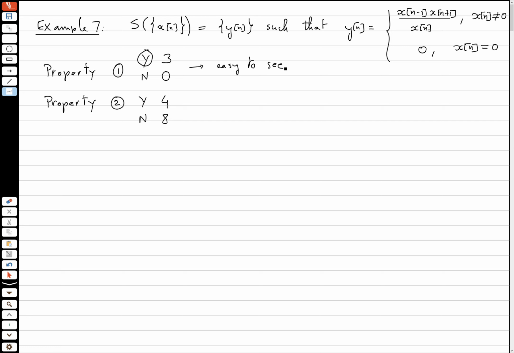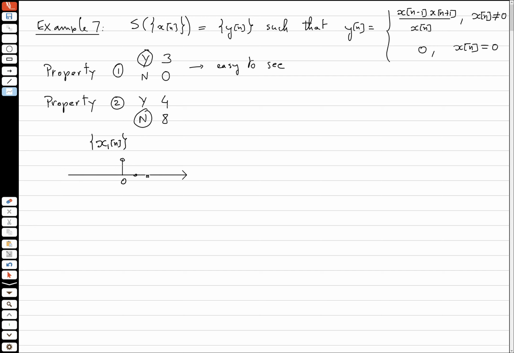Now, property 2 does not work. So, property 2 is harder to check. However, in this case, when it's not valid, it's easy to prove it, because to show that this property is not valid, you just need to find one single counterexample. And in this case, you can figure out an example that is convenient, and I'm going to show you an example that is convenient, which is to do the following test with, take x1 of n